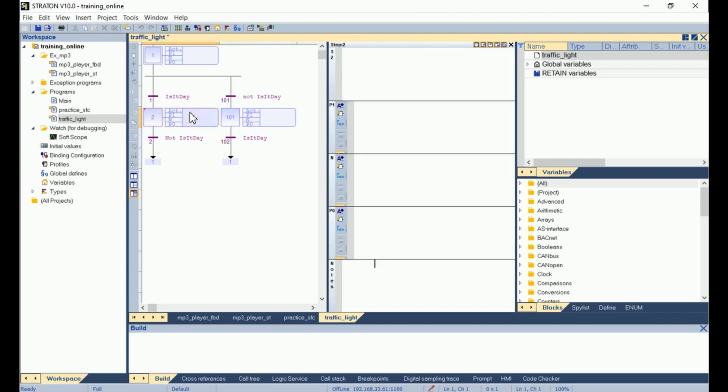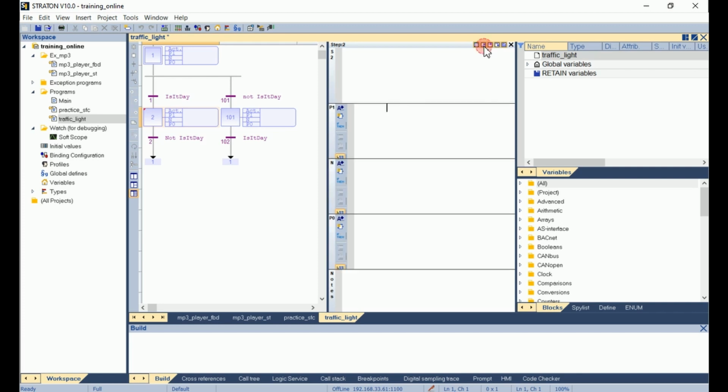I open the step of the day mode by double clicking on it. On the right, I have a window with 5 sections that opened. If they do not all appear, I can click on the icons on the top right of the window to add or remove a section. The first section is the section where we manage the children SFC. The second one is the P1 section, so the action that is executed once when the step becomes active.